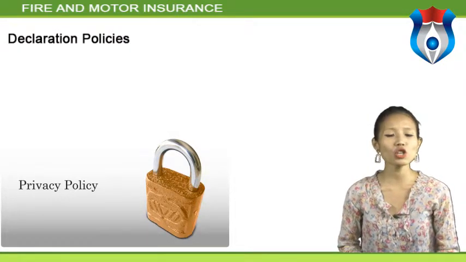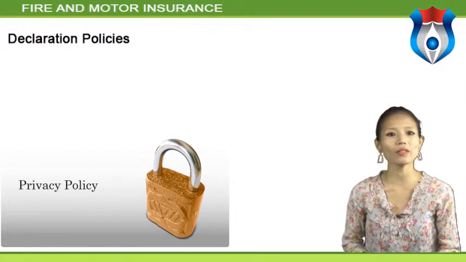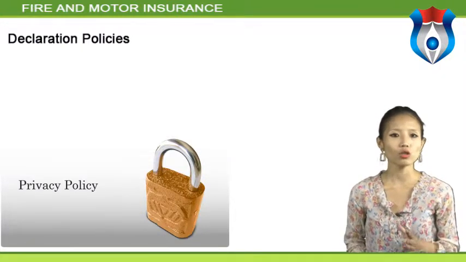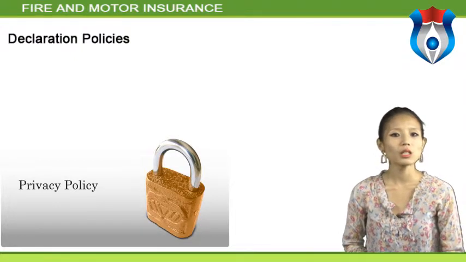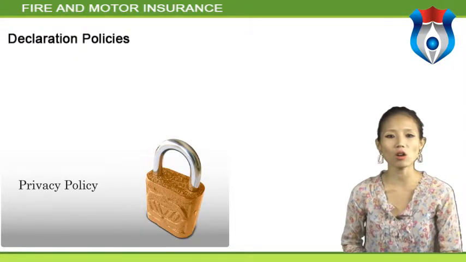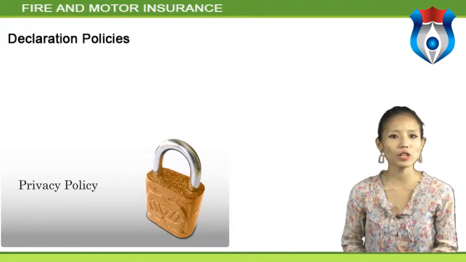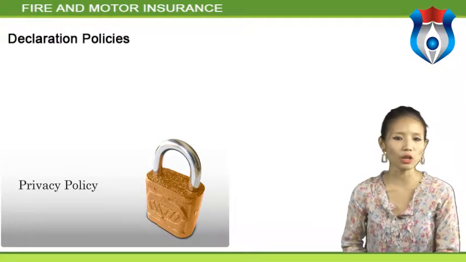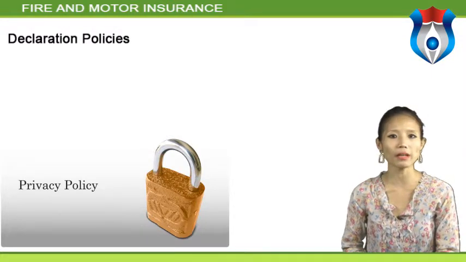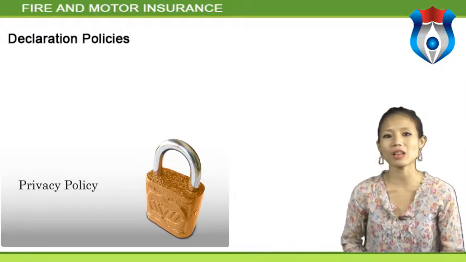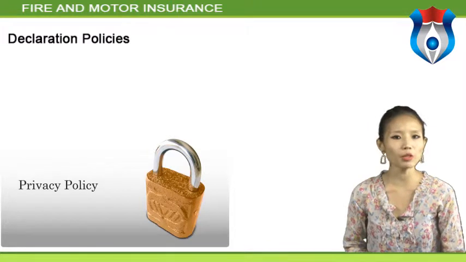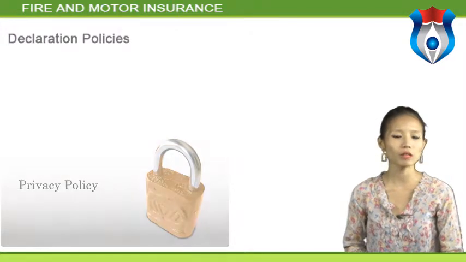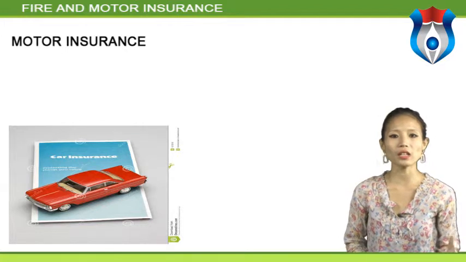fluctuating. Declaration policies. This type of policy is useful where there are frequent fluctuations in stocks or stock values and to avoid the underinsurance, and can be granted subject to the following conditions. The minimum sum insured shall be INR 1 crore. Monthly declarations based on the average of the highest value at risk on each day or highest value on any day of the month shall be submitted by the insured latest by the last day of the succeeding month. If declarations are not received within the specified period, the full sum insured under the policy shall be deemed to have been declared. Now moving on to the next topic, we will study motor insurance.